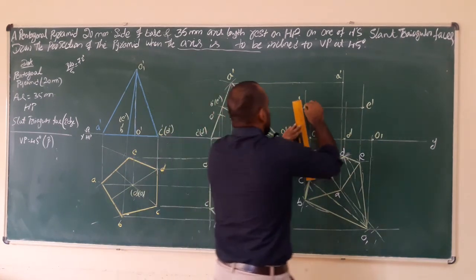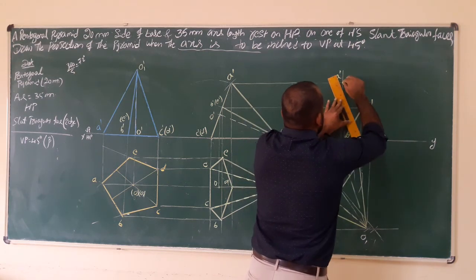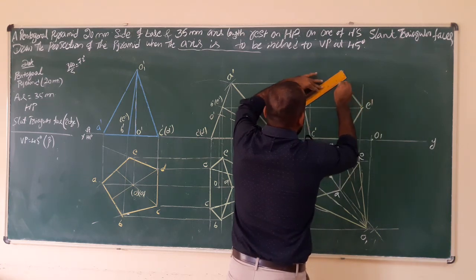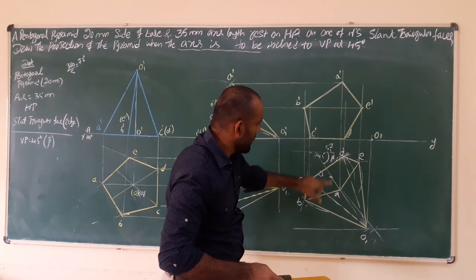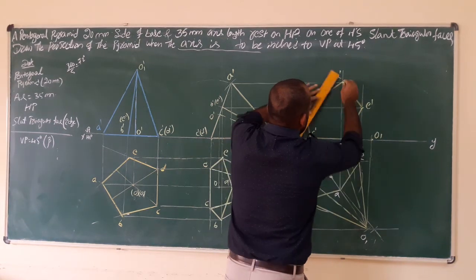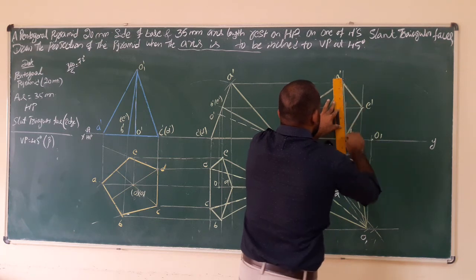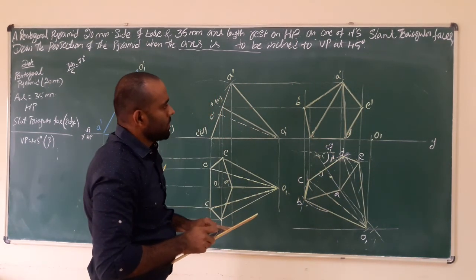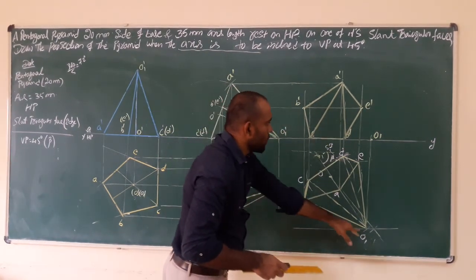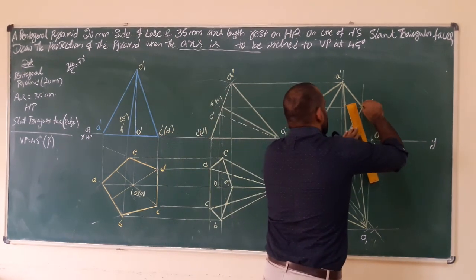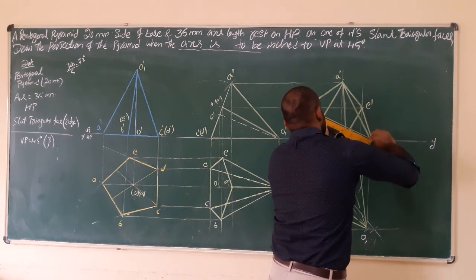First you have to join all the lines. A, B, C, D, B to A to D. Now you have to connect from C to D to A. C to D to A, you have to join. That point is called A, D. After that, you have to connect to O from all the points, B to O, A to O, B to O.